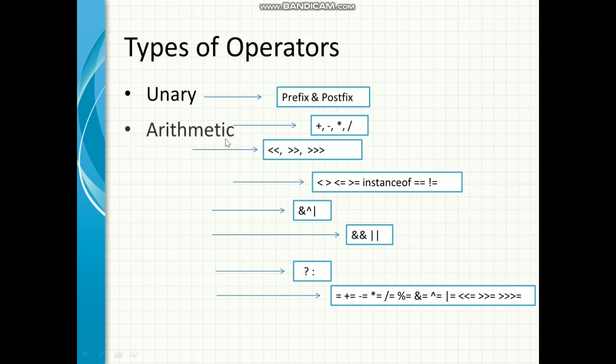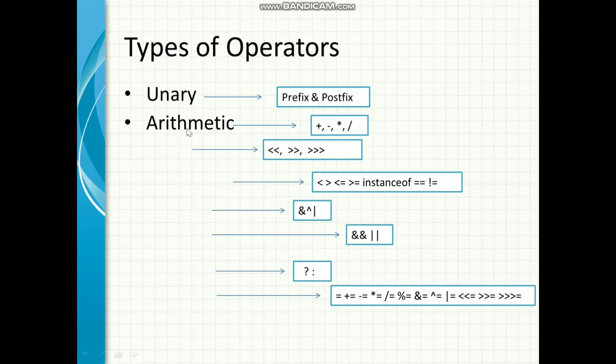Before going to the next one, let me tell you that unary is not only for incrementing and decrementing, but also for negating an expression. Like if I want n equal to minus n, then I can use the unary operator. It is even used for inverting the value of a boolean, like suppose bool equal to true and I want to make it false, so I can invert that. That we will also see when we implement the unary operator.